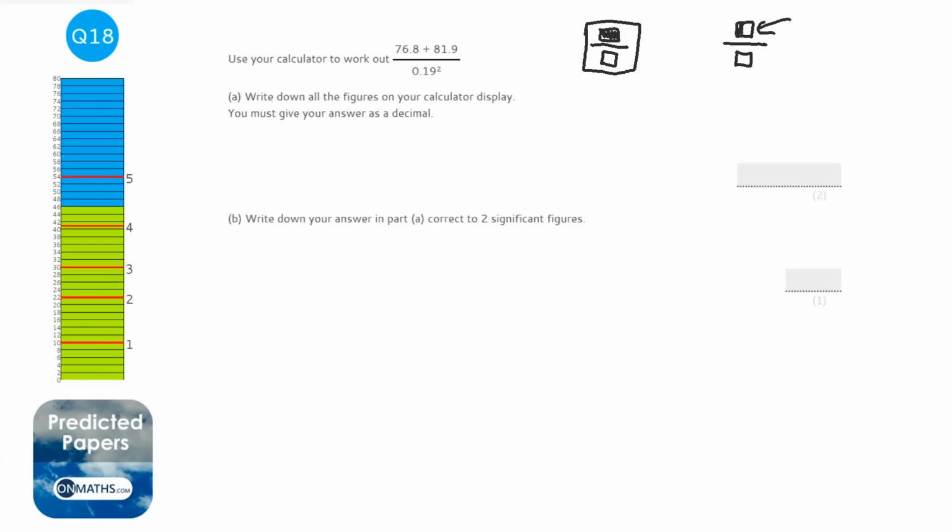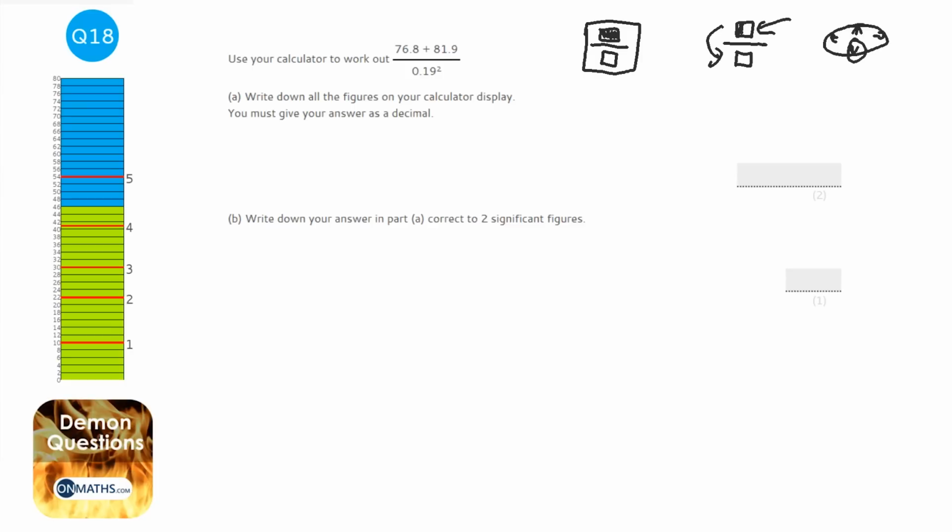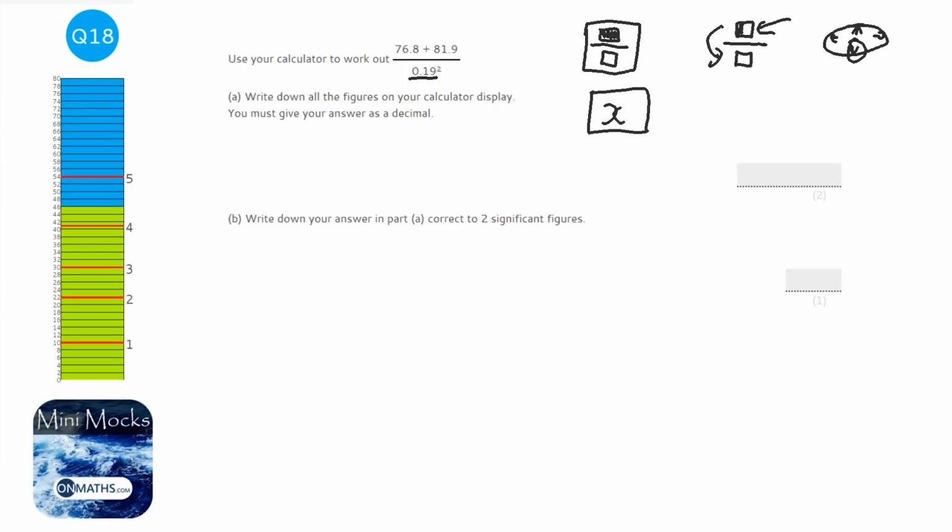76.8 plus 81.9. Okay, and to shift downwards on the Casio calculators, there's a cursor stick, a direction button. It's the big blue button beneath the screen on most of the calculators, and you just push down to go to the denominator of the fraction. And then we need to fill in this bit here, so 0.19, and then to get the squared button, it's on like that. So you just press that, and it looks exactly as it does in the question on the screen, so you know you've got it right. So you press the equals,